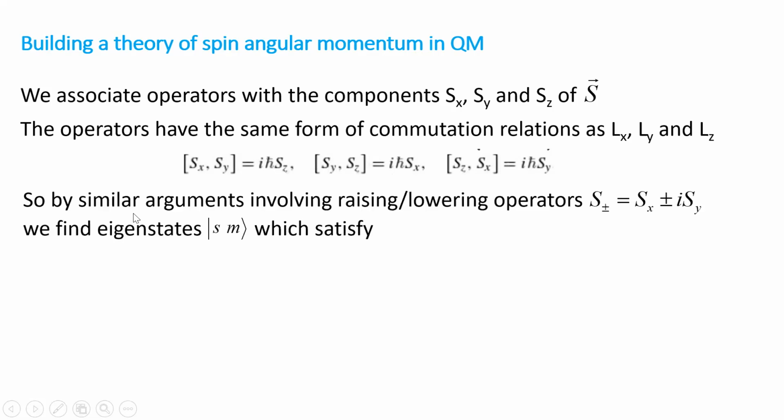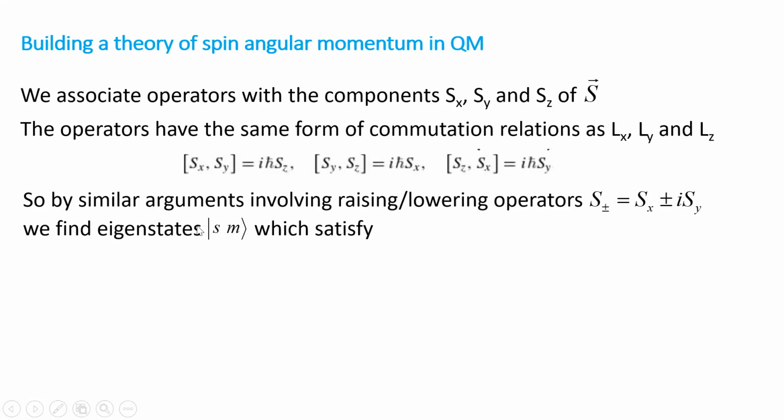And then by similar arguments to what we put forward for the orbital angular momentum, we define raising and lowering operators, which were L plus and L minus, but now since we're dealing with the spin, it's S plus and S minus, and there's still Sx plus or minus i Sy. And by doing a number of arguments of what those raising and lowering operators must do to eigenstates and limiting